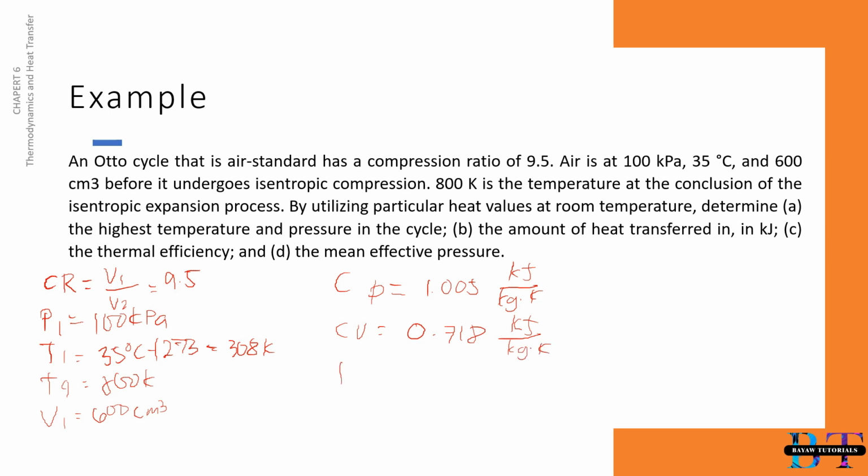For our gas constant, R is equal to 0.287 kilojoules per kilogram times Kelvin. For our specific heat ratio of air, K is equal to 1.4. So for the letter A, the highest temperature and pressure in the cycle,